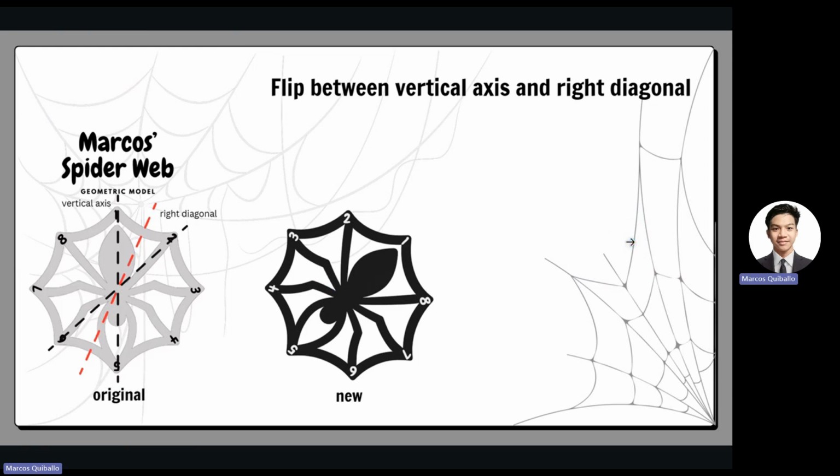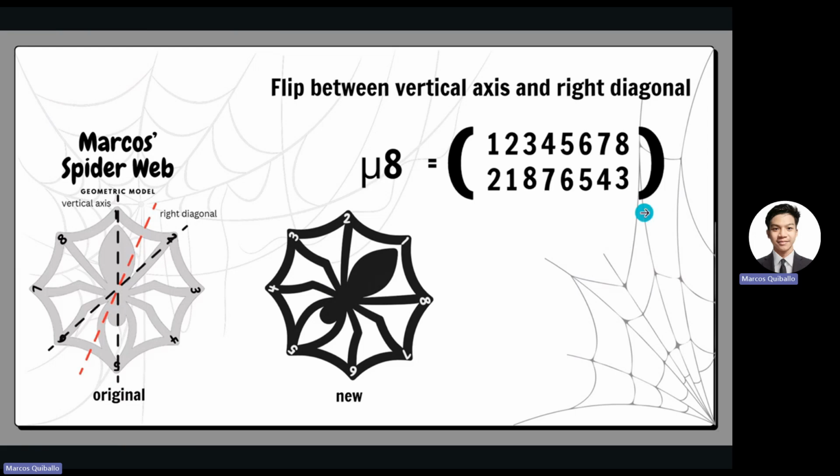And we will map our new to our original illustration. So mu8 is equal to: 1 is mapped to 2, 2 is mapped to 1, 3 is mapped to 8, 4 is mapped to 7, 5 is mapped to 6, 6 is mapped to 5, 7 is mapped to 4, and 8 is mapped to 3.